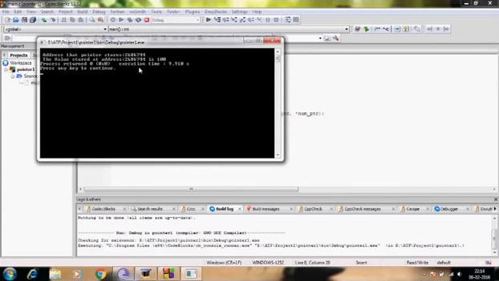Okay, so now our code has executed, and it has first printed the address that pointer stores is this one,